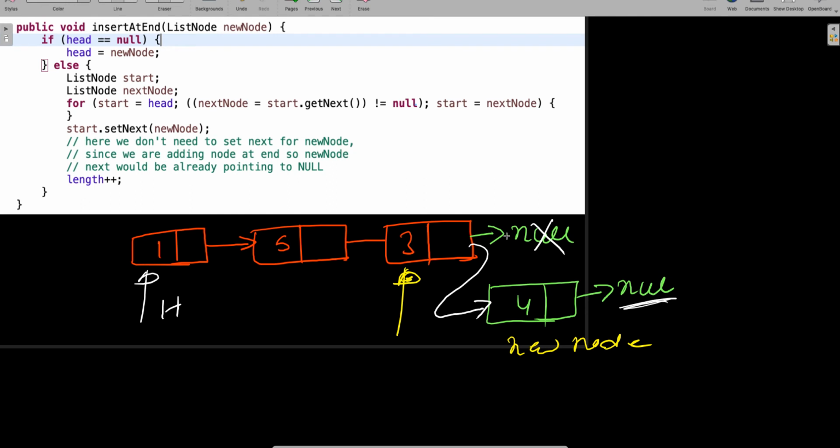So go till the null. When you go till the null, you will identify the last one. The moment you identify the last node, you do last node dot set next is equal to new node. Simple, very simple.